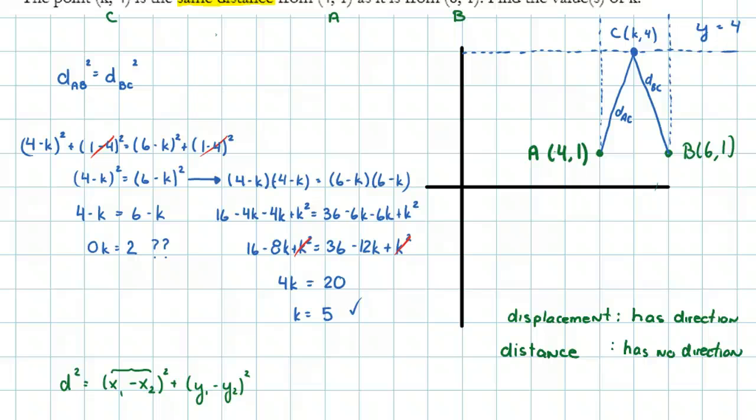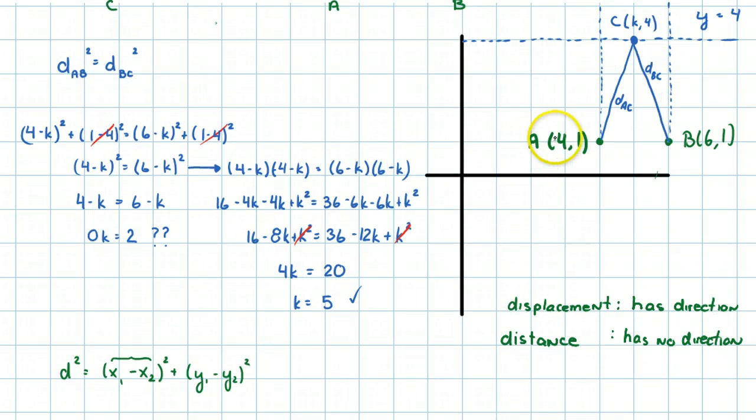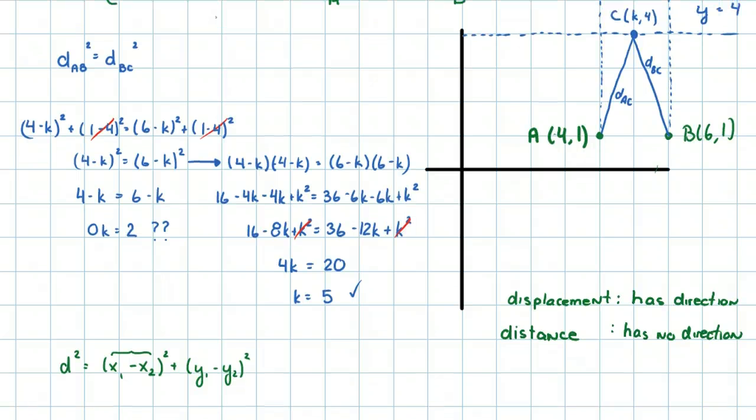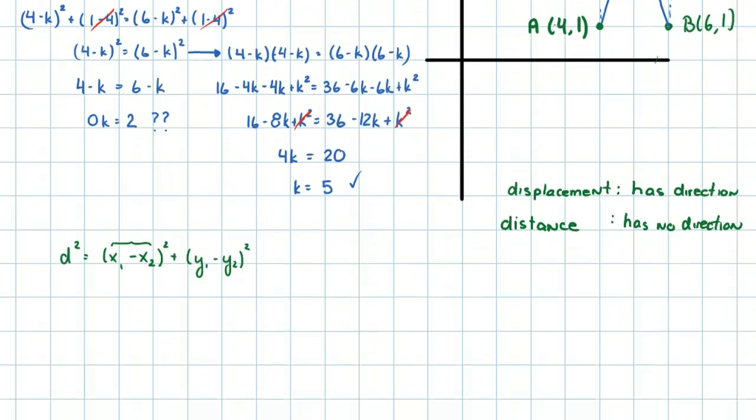And what I mean by that is I'm going to select my points for my formula such that I get the direction correct. So that means I'm going to take the rightmost point subtracted from the leftmost point, and then whether it's going from bottom to top or top to bottom. So let me show you what I mean. If we take this point, A is (4, 1), and C is (k, 4). Well, I can see that I'm traveling in the positive direction, so that means k is going to be larger than the A x-value. So I'm going to write this as (k minus 4) squared,